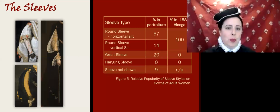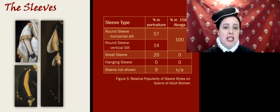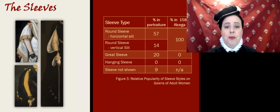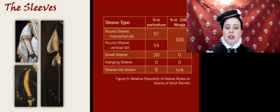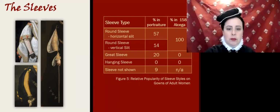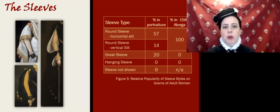I am of the opinion that the hanging sleeves are not women's wear. The only time you see people wearing them, they tend to be children and adolescents. And once they move into that adult age group, they're just gone. You don't see them anymore. It's like those wee shoulder rolls that sometimes pop up on the wee children. You never see them on an adult either. So